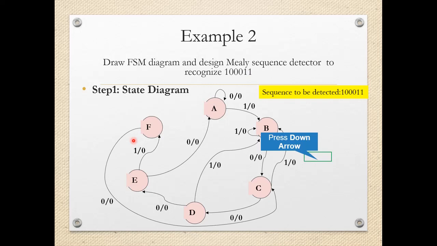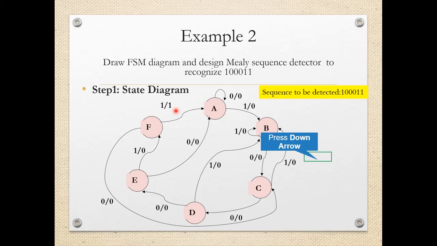If 1 comes, well and good. If 0 comes, if 0 is coming over here, what do you think? Where should we go? So we have obtained 1 up to this and then 0 over here. So that may be the first 2 bits of the correct sequence like 1 0, and then we have to check for the third bit. So go to state C. This will check the third bit. If 1 comes, then the correct sequence is obtained and your output is also logic 1.